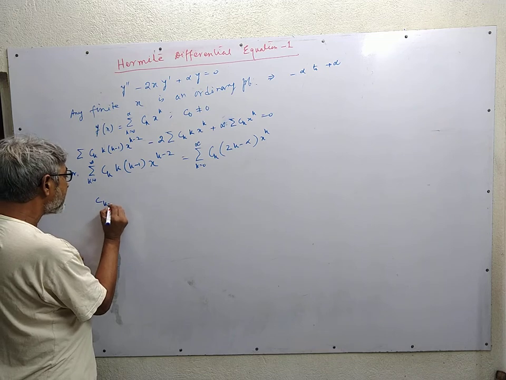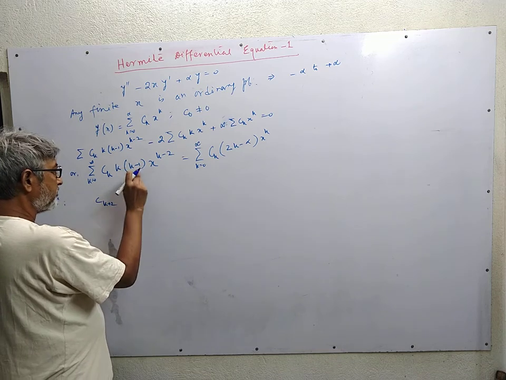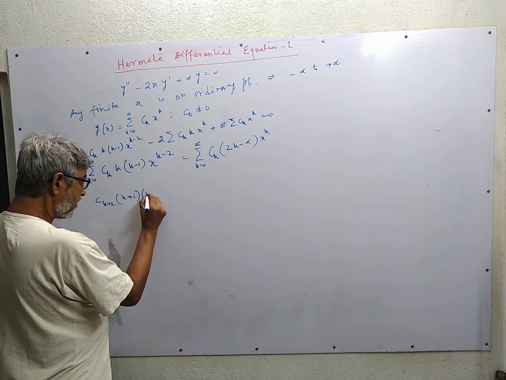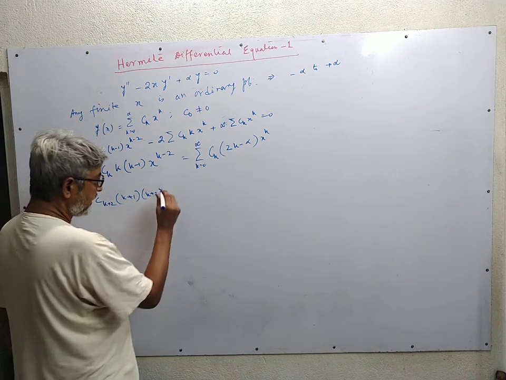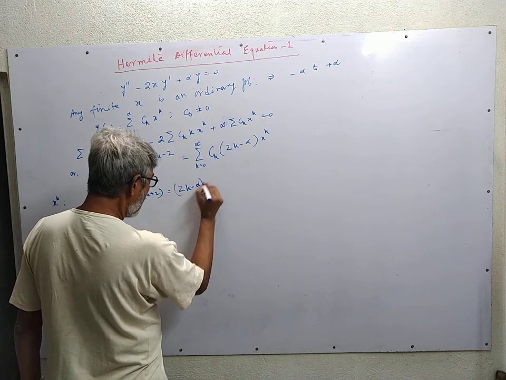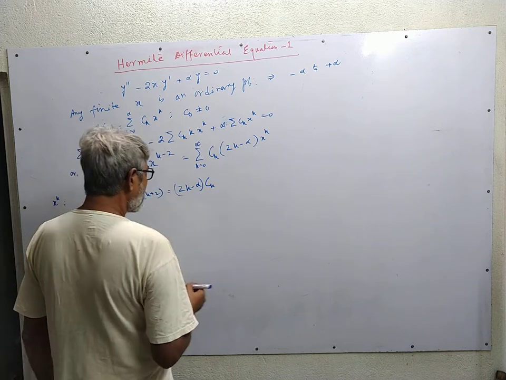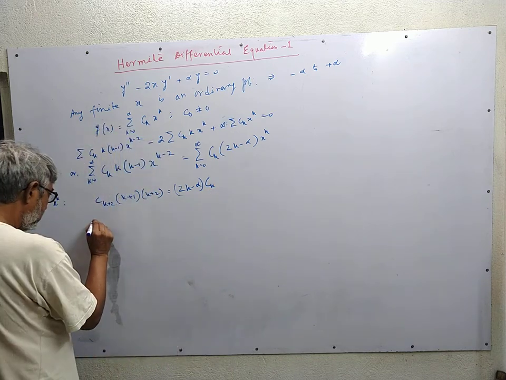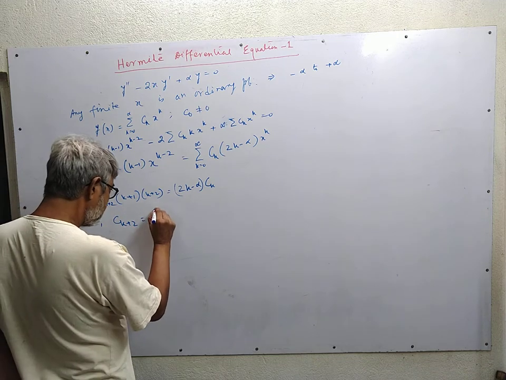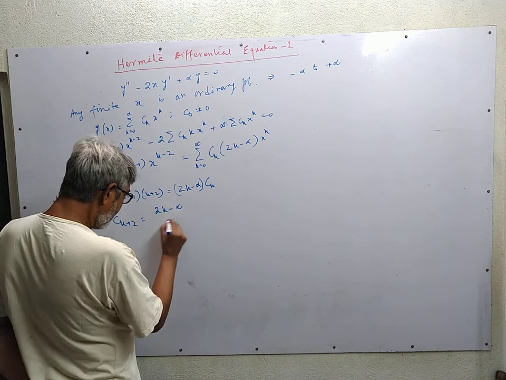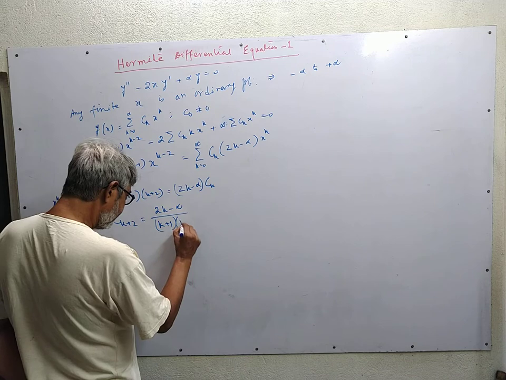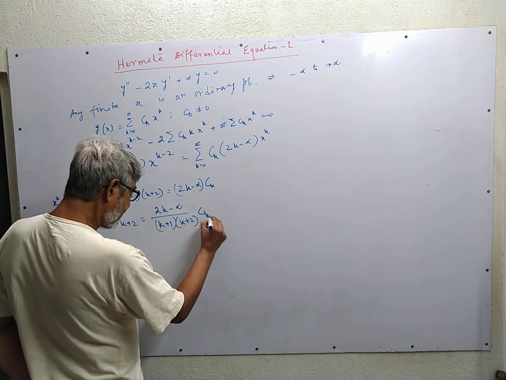So, this is k plus 2, this term is k plus 1 and this is k plus 2. Or, where alpha is any real quantity,